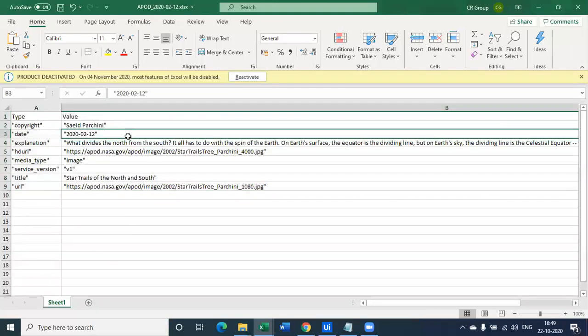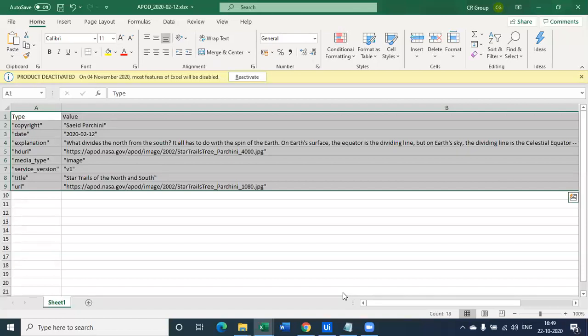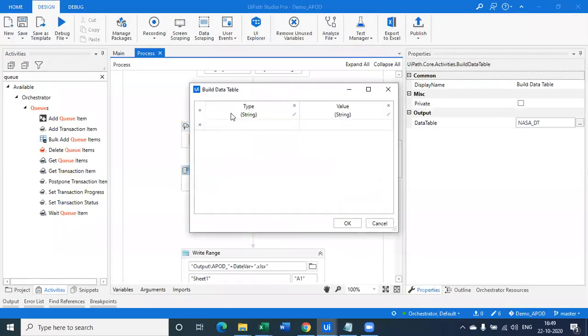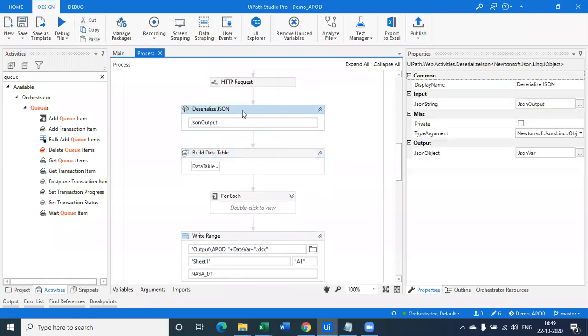To get this data from JSON to Excel, let's navigate back to UiPath. We'll build a data table with no information, and just create two columns, type and value. We will call it NASA DT. Now we have our JSON object, which is JSON var.